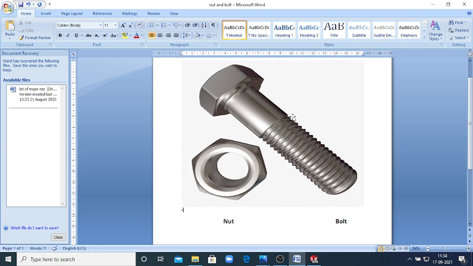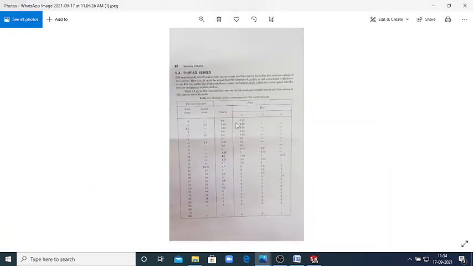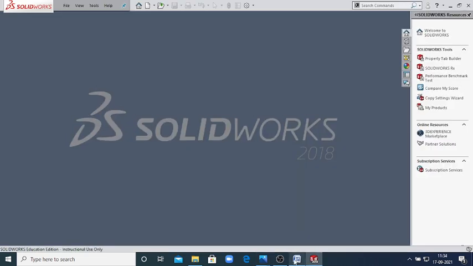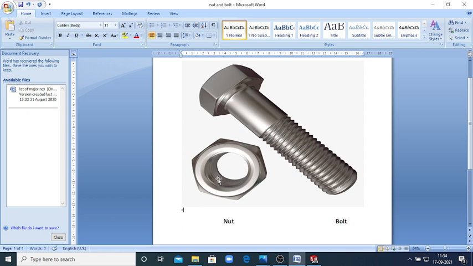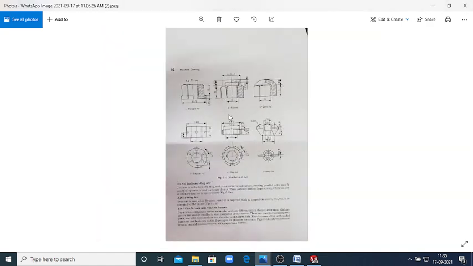This one is the constant values according to our diameter. So just see the values of M8 diameter. So this one is our some standard chart. The normal diameter is our 8 mm. According to this, our pitch is 1.25 for coarse pitch and 1 mm is for fine pitch. So we'll start to make the pitch 1.25 for 8 mm diameter of the bolt, and according to this we'll set the values for nut.